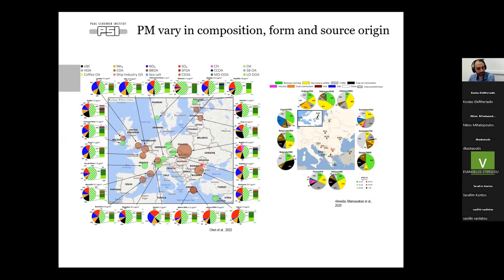This study is focused on the ACSM data, so we have ions and organics, and the other one is more the classical chemical composition data, so EC/OC, elements and so on. But the thing that we can see easily is that the composition of PM is very variable, and this is highly related to the sources and the processes they're formed from.